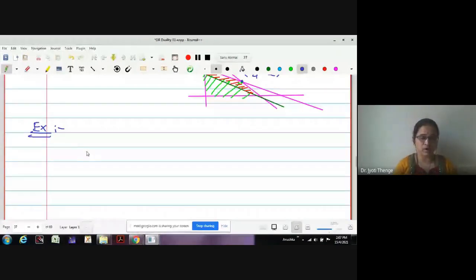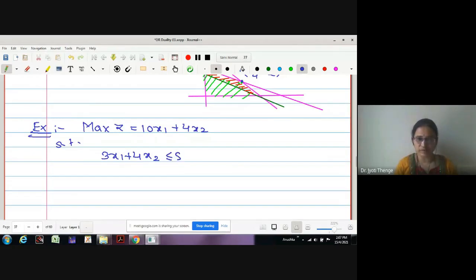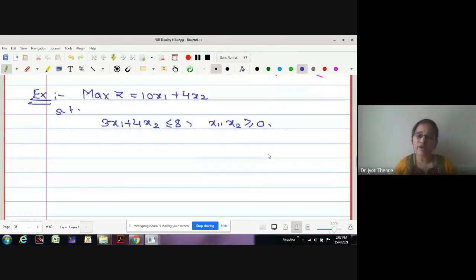Let me write the problem. The problem is maximize z = 10x1 + 4x2 subject to the constraints. I am not going to solve it; we are going to write the solution directly, and later you can solve and check. If I solve it now, it takes much time, and I don't want to waste time. I just want to tell you how rounding off will not always help us to get the integer values of the decision variables.